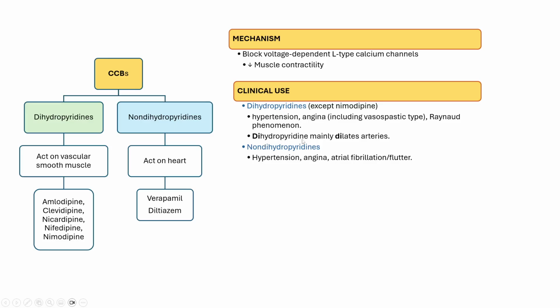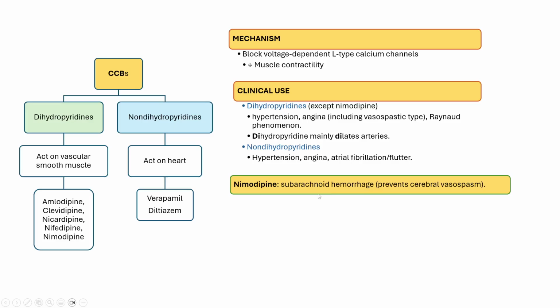Dihydropyridines, how to remember: dihydropyridine starts with D. Di means it dilates the arteries. Whereas non-dihydropyridines can also be used in hypertension, angina, and basically in atrial fibrillation and flutter, where they reduce the heart rate. Nimodipine is the exception, where it is used for the treatment of subarachnoid hemorrhage,